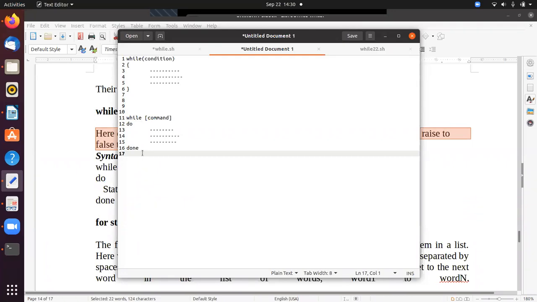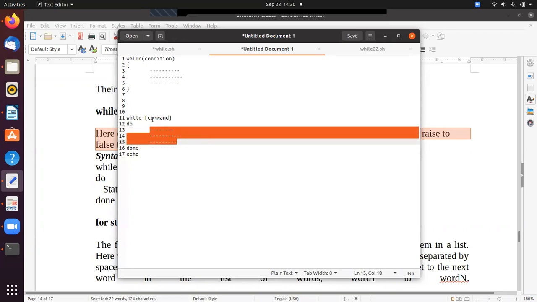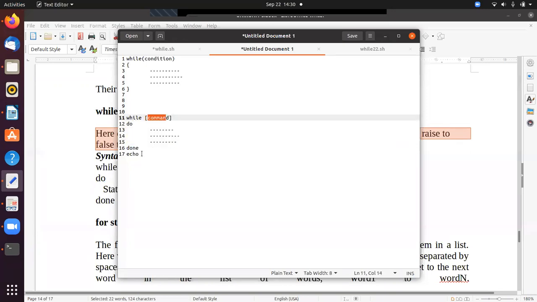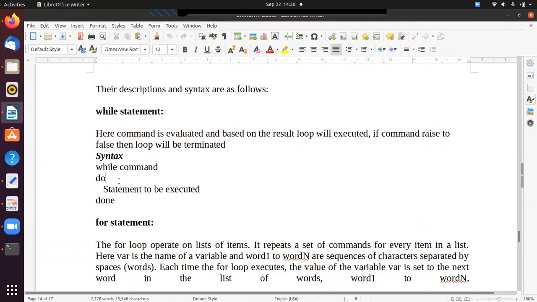For example, there is a print message, echo, which we execute. That means if the condition is true, we execute these instructions; if the condition is false, we terminate this while block. This is the syntax: while, you give the command, that means the condition, do, the statements to be executed, and done.